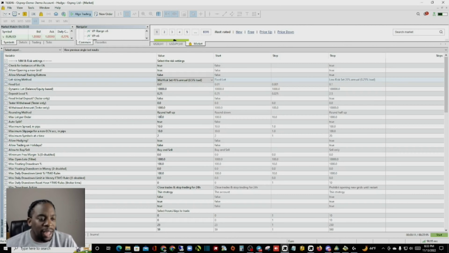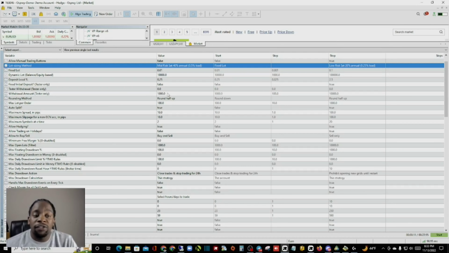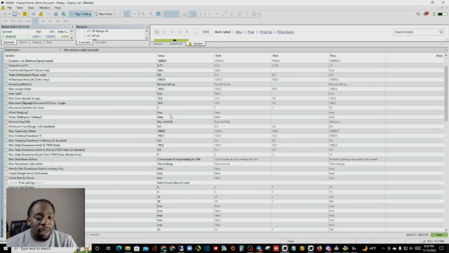They have a deposit load, overall tester withdrawal, which is actually pretty cool. I think that happens a little bit more when you actually purchase it and have it from a live perspective. It allows you to hedge, which is yes on there. You can see the max open lots that you can place in, which is basically 1,000. It has a max floating drawdown, a max floating drawdown with money, a max floating drawdown limit, which is based off of the FTMO rules, a max daily drawdown limit, and a max daily drawdown limit with reset hours,